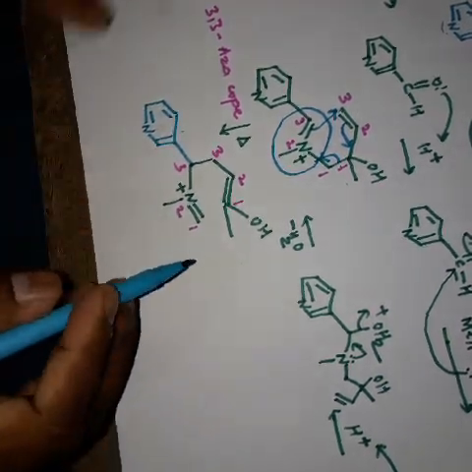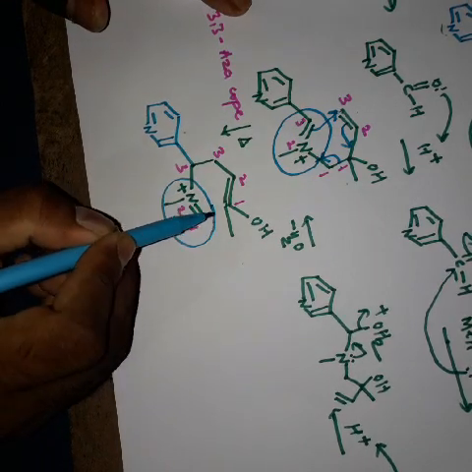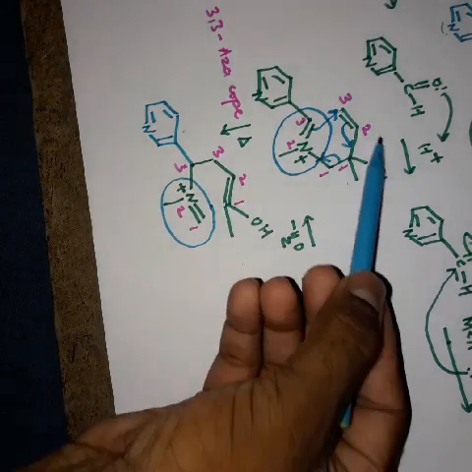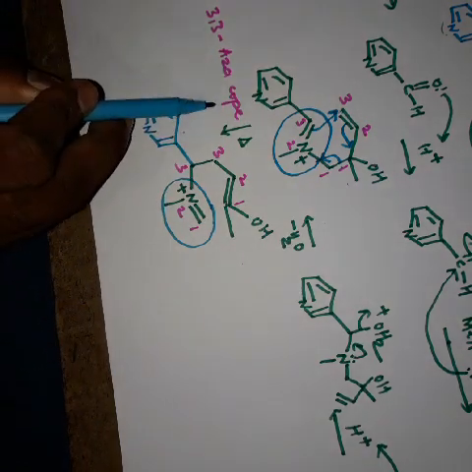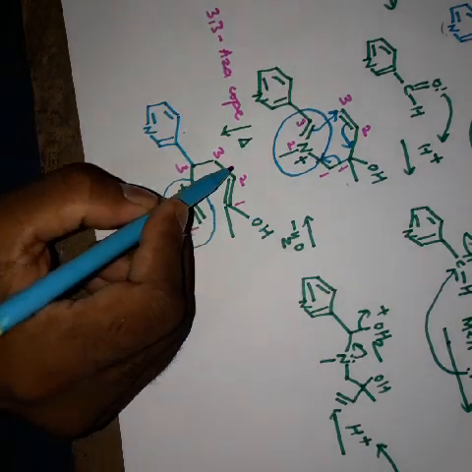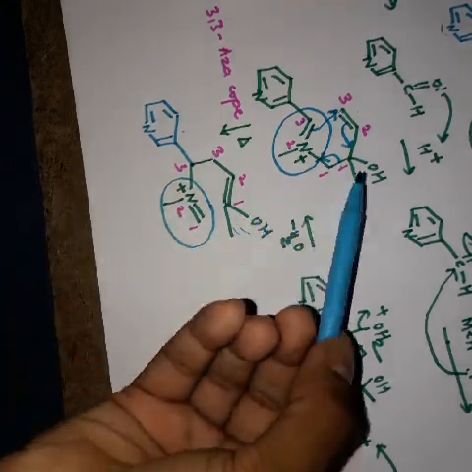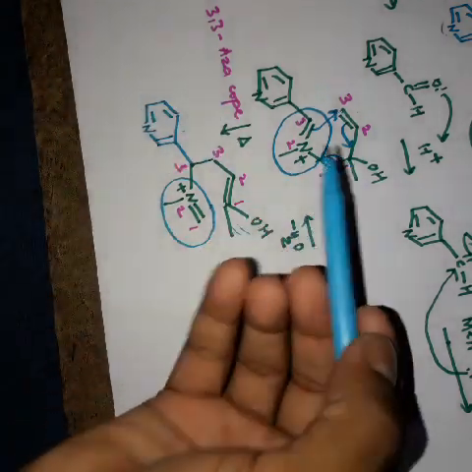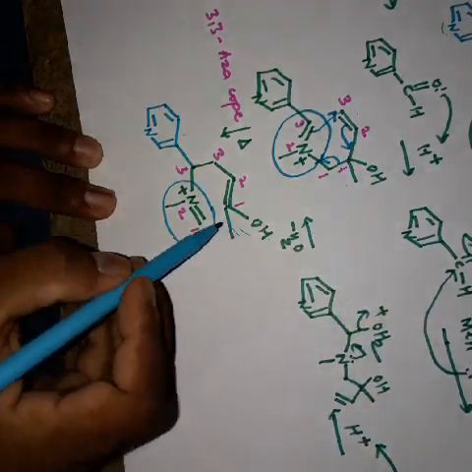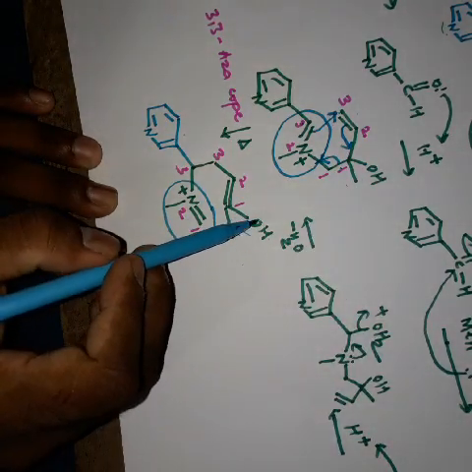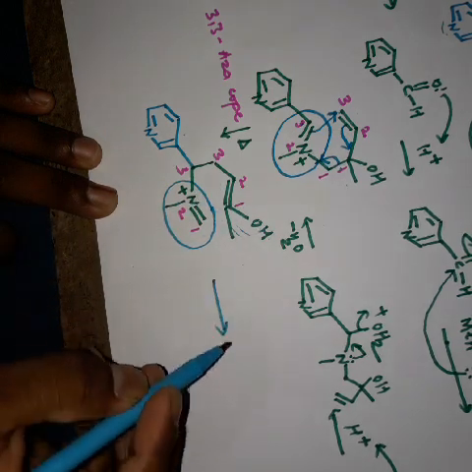So now you can see there is still an iminium ion present. This part is our iminium ion, but earlier there was no enol form. This was not an enol form, but now after the 3-aza-Cope rearrangement, we have got the enol form. See, this is our enol form which is acting as a nucleophile. So because of this step, we have formed a nucleophile basically. Earlier there was no nucleophile. Now this is an iminium ion and this one is our nucleophile. So the reaction is like a Mannich.